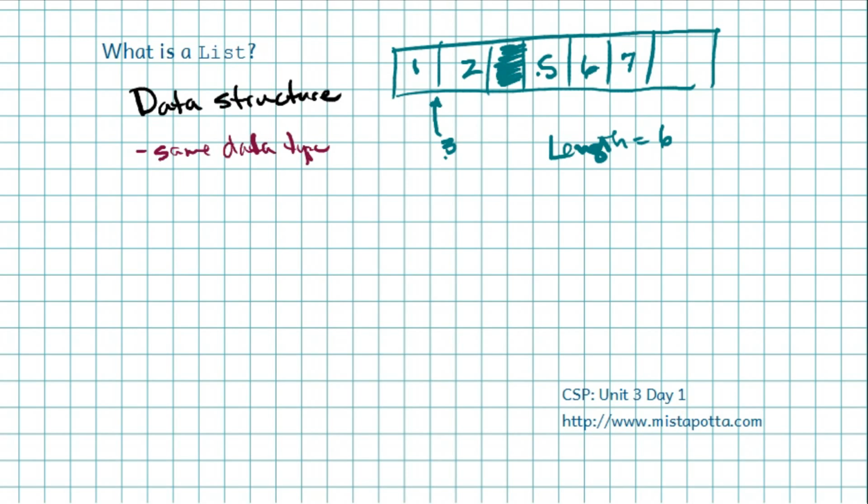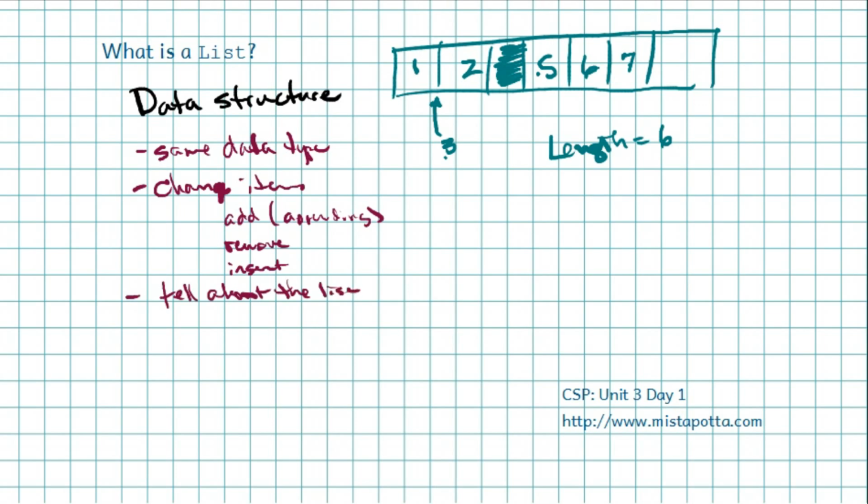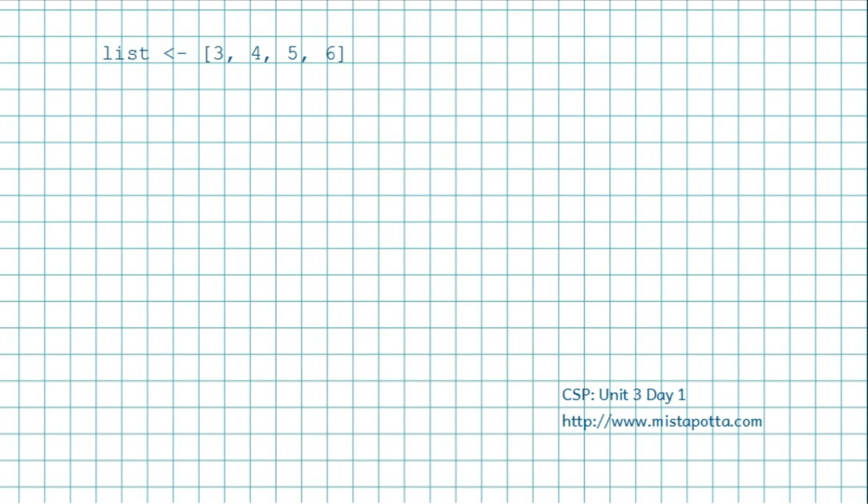And we should have a way to change the items. I can either change the items by adding, what we call appending, or I can remove, or I can insert. And I should be able to tell about the list fairly easily. The idea is that I should be able to look at a list and tell how many objects are in the list. So we're going to talk about how we're going to deal with lists in this class,